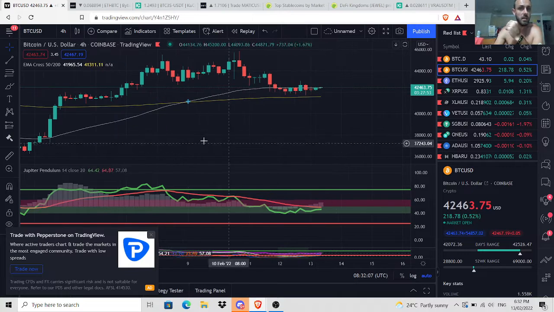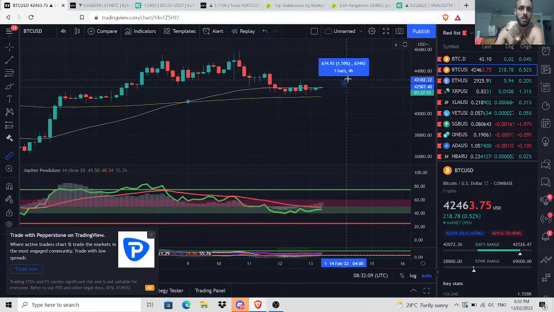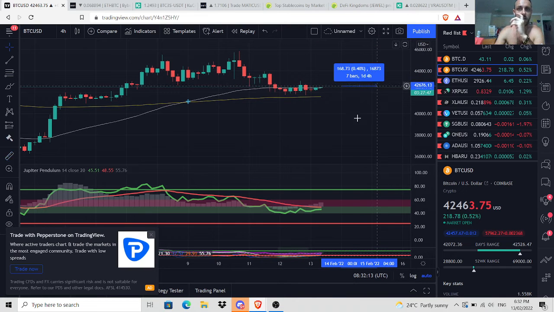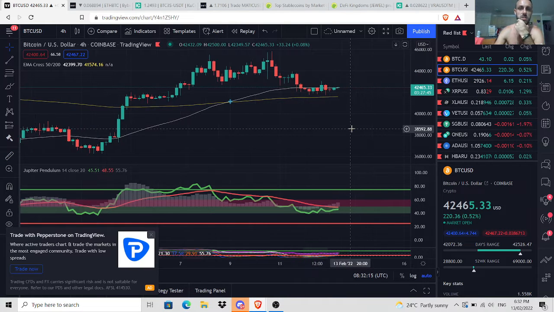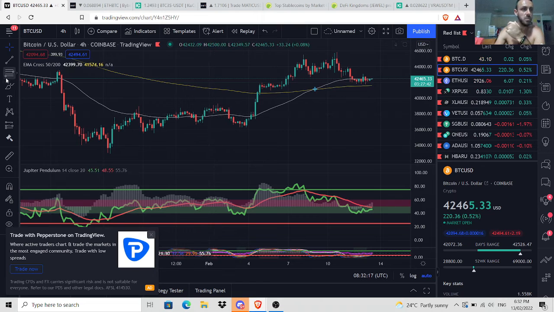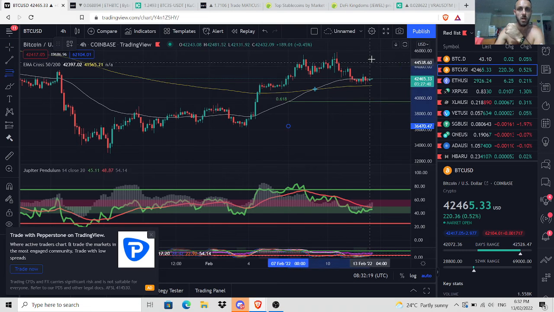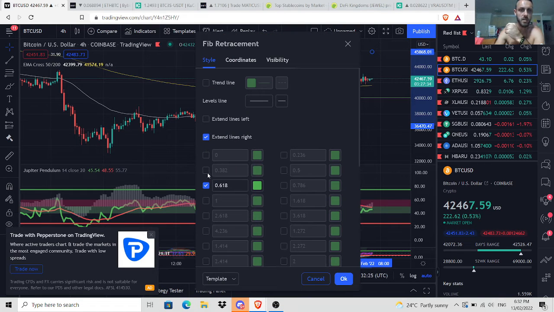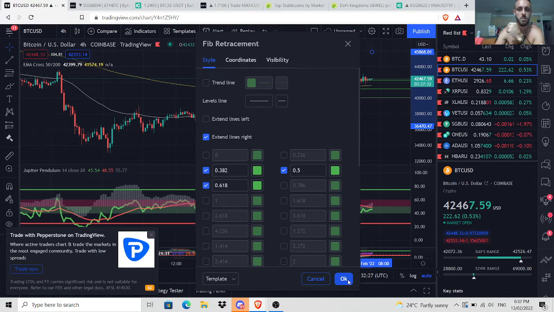We may or may not get it. We may get a pump a little bit, test these previous highs, and then come back down again. Again, more consolidation, because it hasn't really pulled back too much. It hasn't pulled back too much, but it doesn't have to. In a strong trend, we can target the 30, the 50, or the 618.